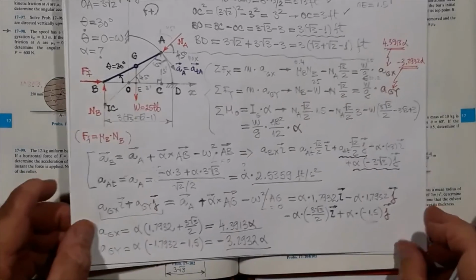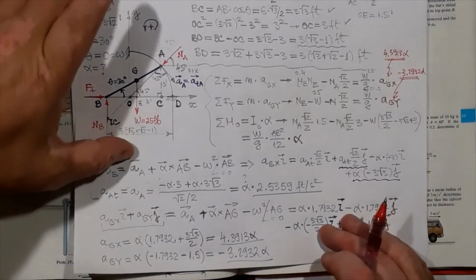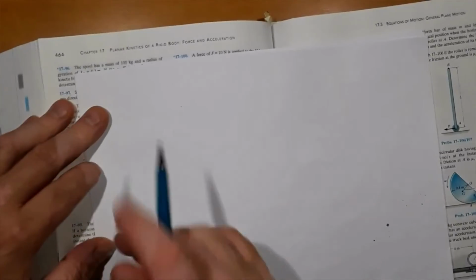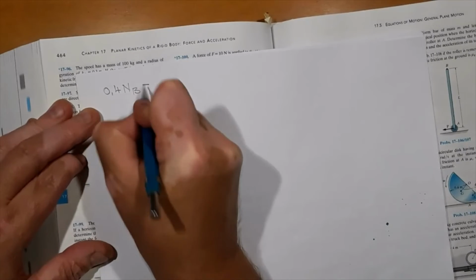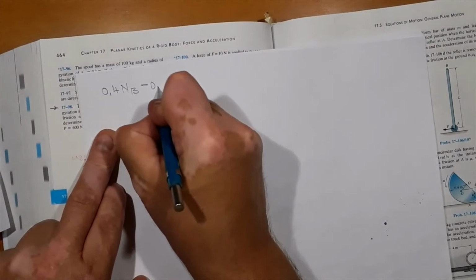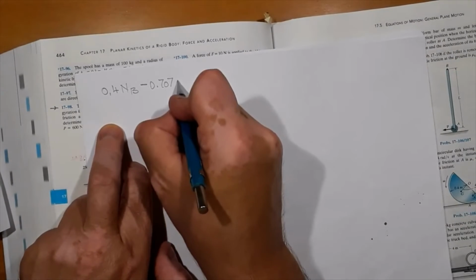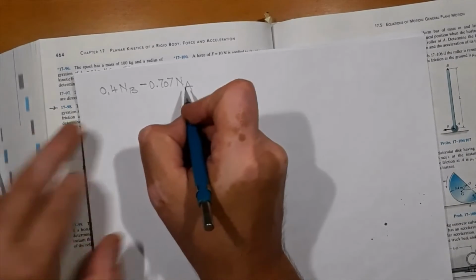Okay, all right, so time to flex our algebraic muscles. Let's see, I'm going to transcribe the set of three equations. So the first one is 0.4 NB minus square root of 2 over 2, that's 0.707 NA, equals